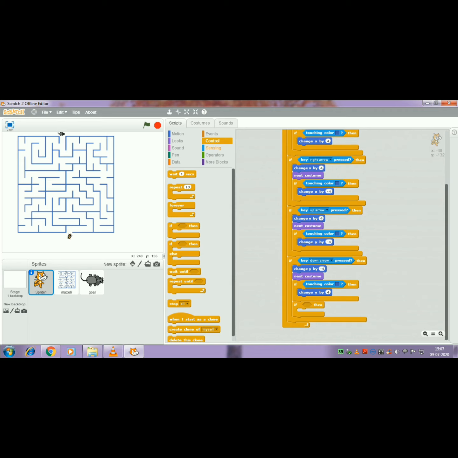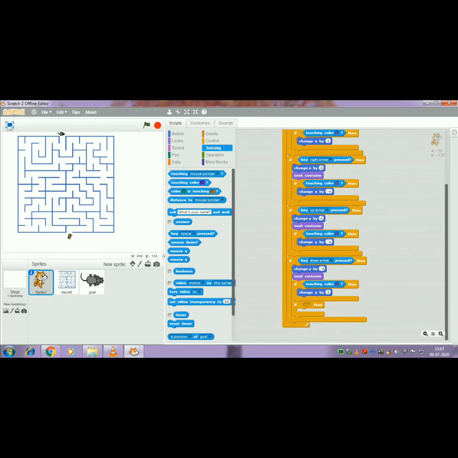Under the sensing category, you have the touching block. Select that and keep it next to the if block.